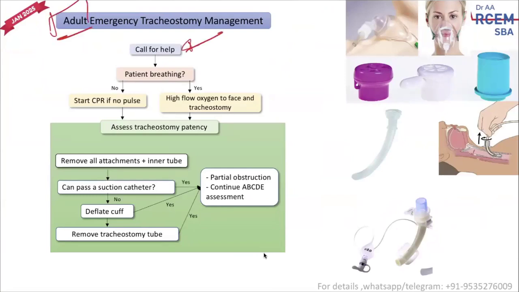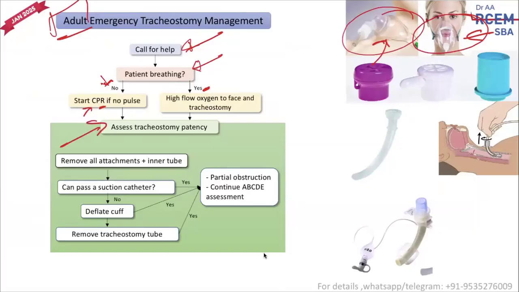First of all, always call for help. Then assess if the patient is breathing. If the patient is not breathing, then immediately check for the pulse. If there is no pulse, start CPR. If the patient is breathing, connect him to high flow oxygen, both for the tracheostomy as well as for the mouth. Once you are connected both on the face and the tracheostomy to high flow oxygen, start assessing for the tracheostomy